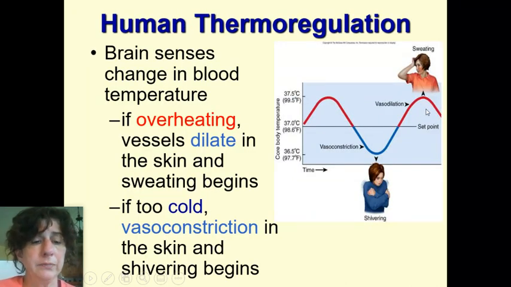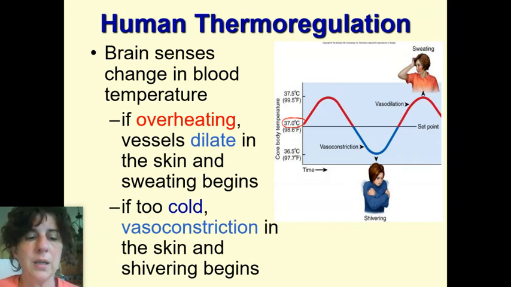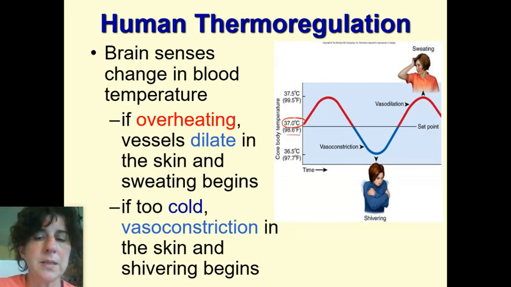For your body needs to do the same thing. So if I get too warm, so here's my set point, it is 37 degrees Celsius. In healthcare and every country pretty much except the United States, they use Celsius. In the United States, we use Fahrenheit. So 98.6 is Fahrenheit. 37 degrees is what it is in Celsius. Okay, so same thing. It's a different measuring system.